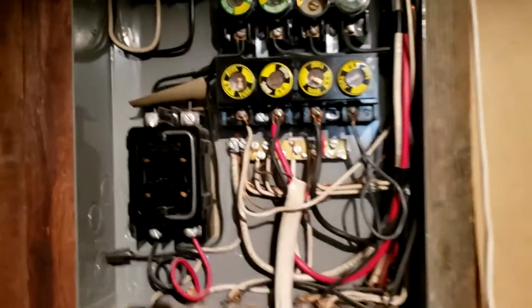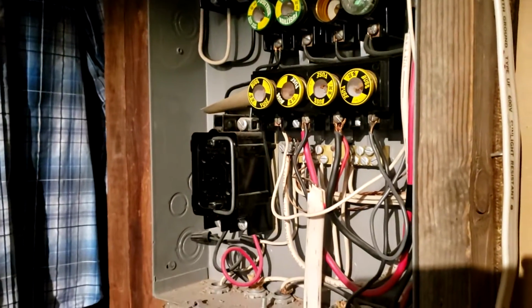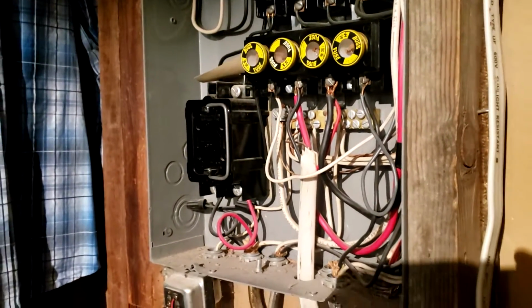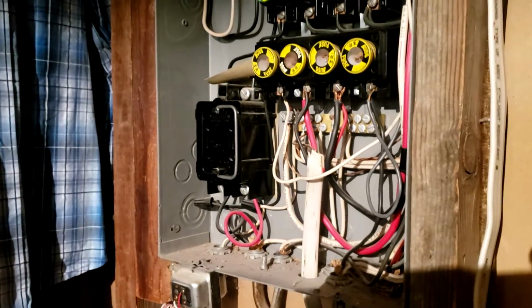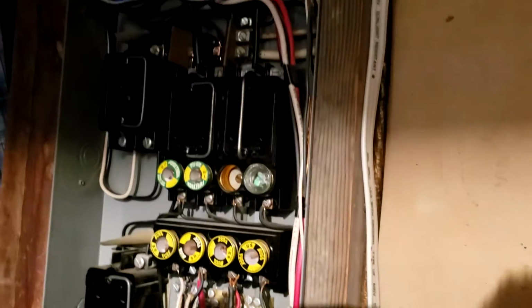So again, we're just going to suggest a full update here, at least an evaluation if nothing else. Make sure that this whole electrical system here is working properly. As far as we can tell, it is, but some updates and